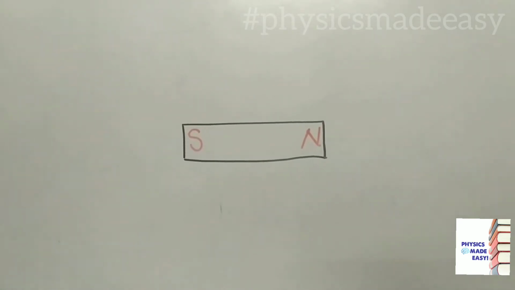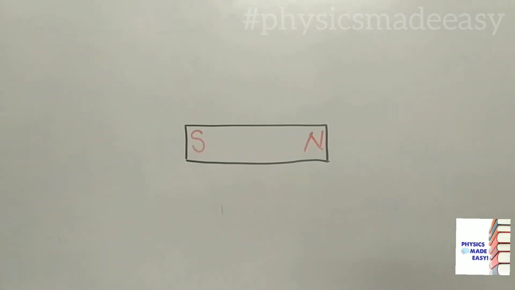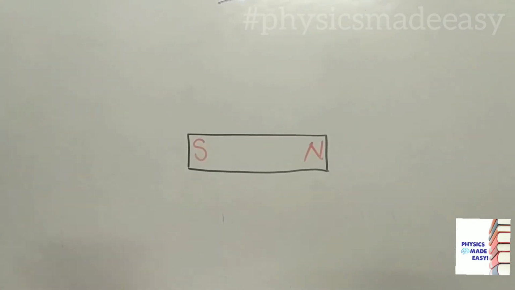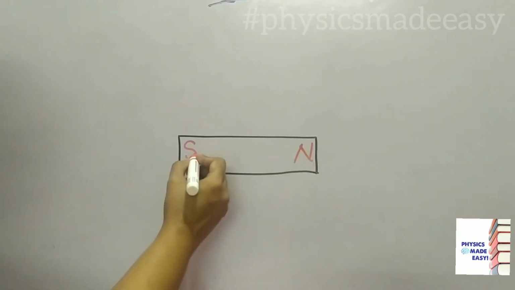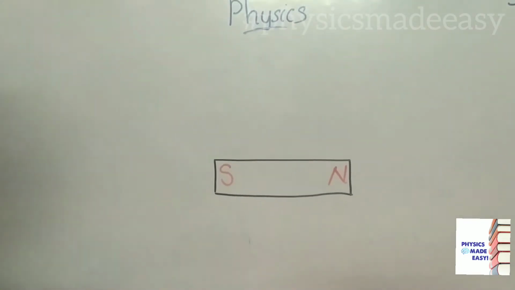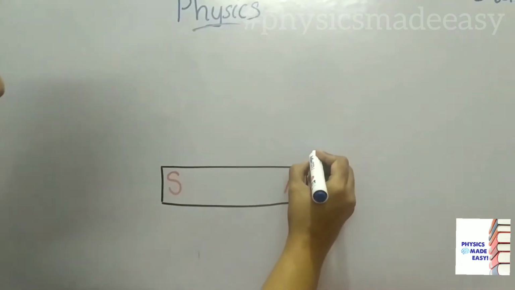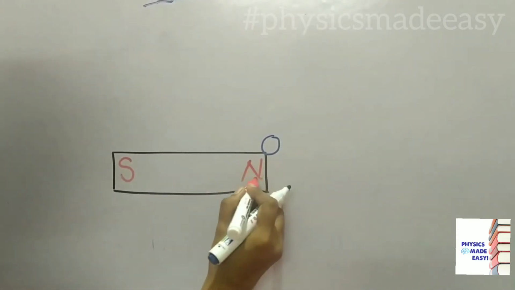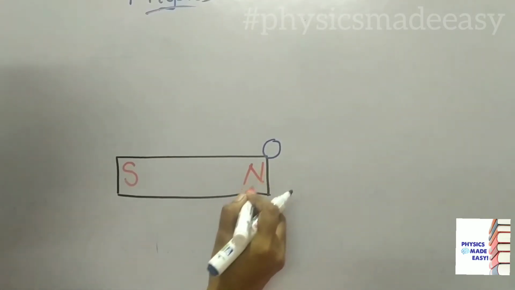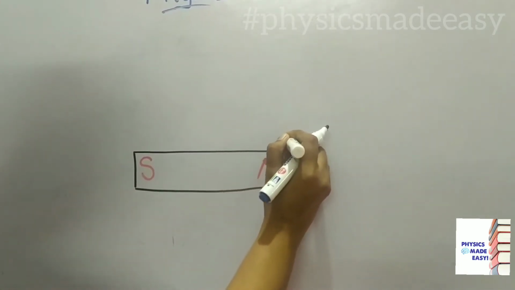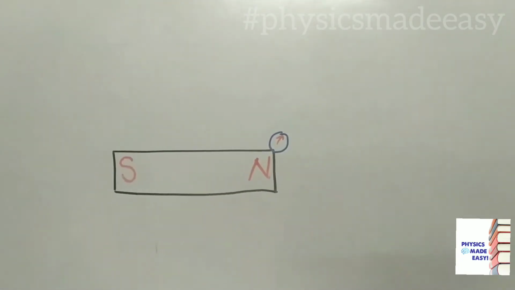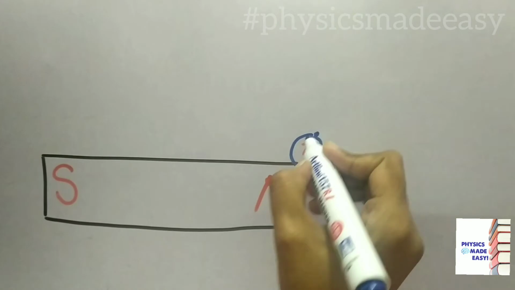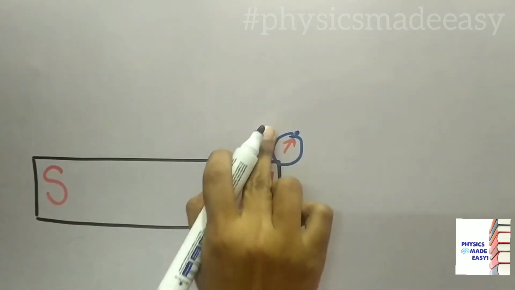If we have a bar magnet and a compass needle, we can draw the magnetic field line of that magnet. How to draw? Here you can see a bar magnet, with the north pole here and the south pole here. You have to place the compass near this corner. Like poles repel each other, so the north pole of the compass needle will be repelled. Then you have to mark a point here. Then take the compass from here